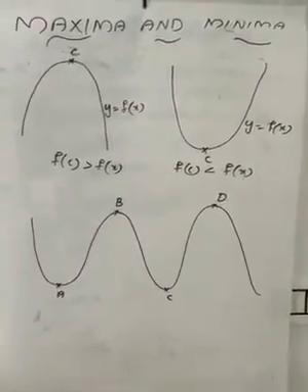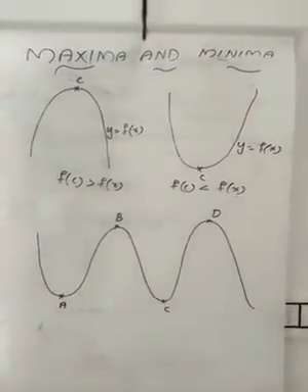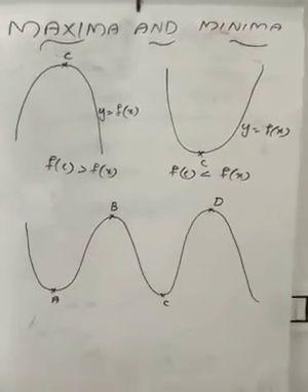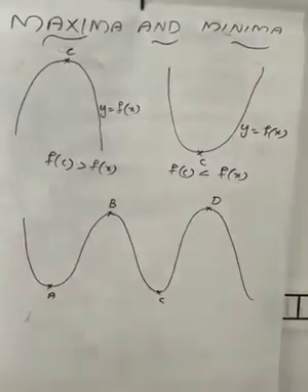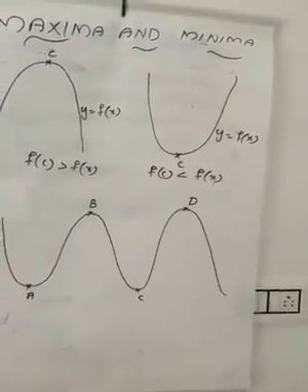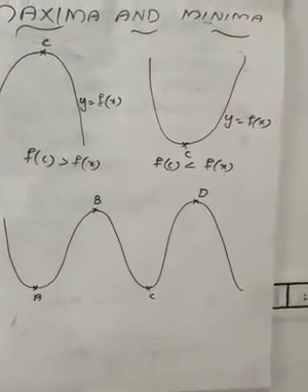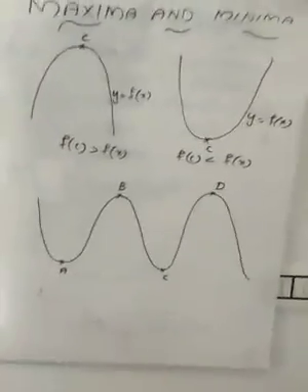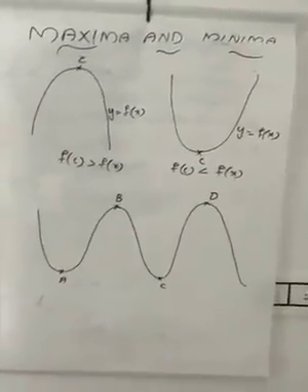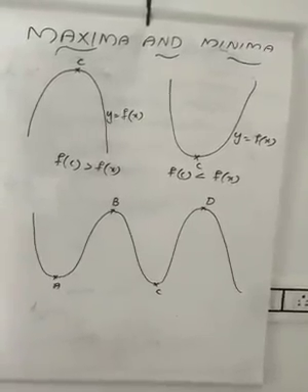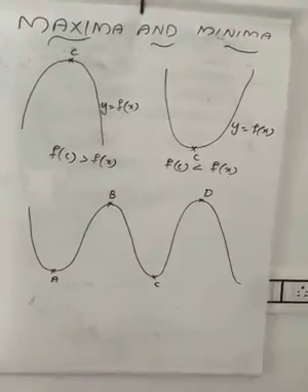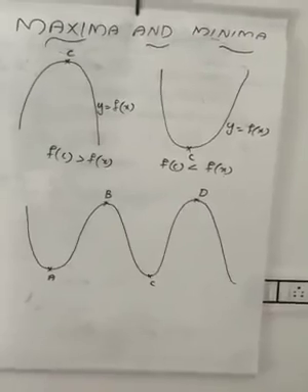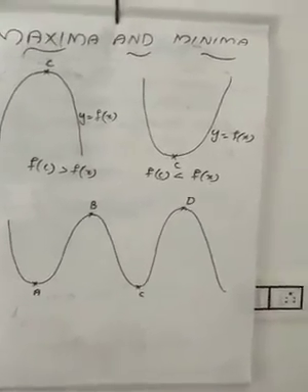Note the condition again: if the second order derivative is positive, there exists a point of minimum. If the second order derivative is negative, there exists a point of maxima. In case it is 0, we have to use the first order derivative test. That is the second type, known as local maxima and minima.